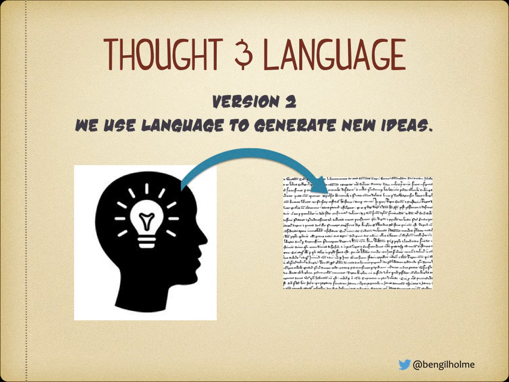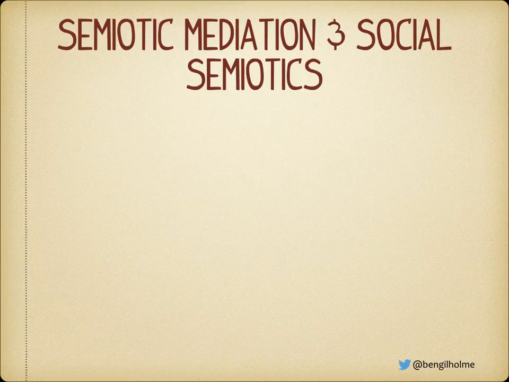It actually can help to generate new ones. It's almost like language becomes the catalyst here for generating new ideas. So you start with an idea, you feed it into language, language does its magic, and it gives you new ideas. And from there, you can generate even more new ideas. All right, so